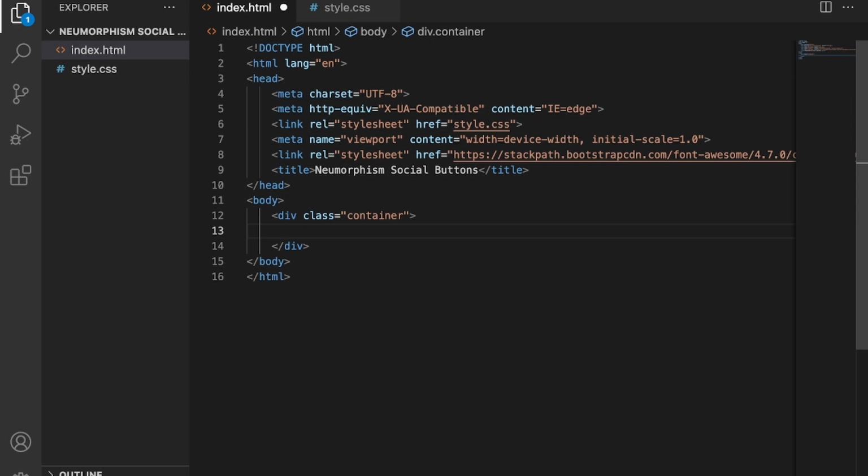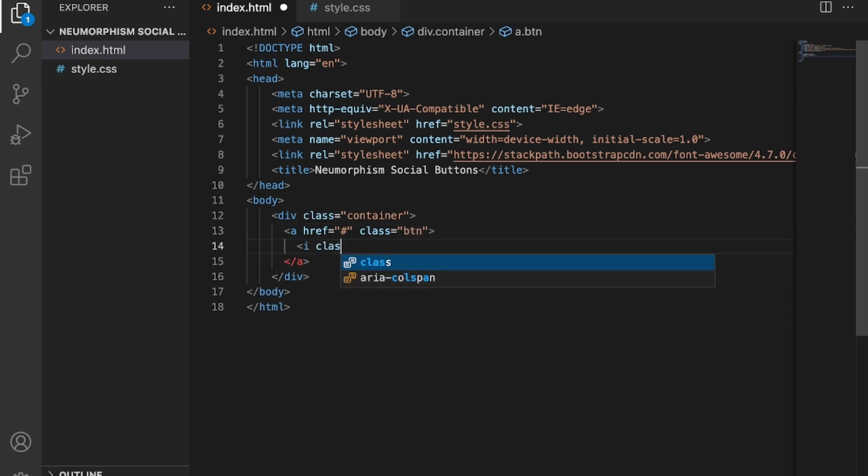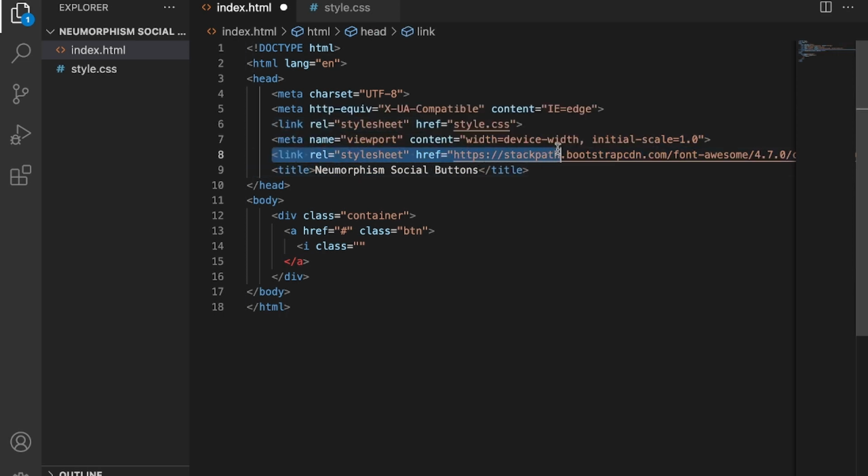Here I will import social media icons in the link tag. First of all I will create a link tag with an href, and I will also give it the class name button. Now I will import the social media icons. Before this line you have to import the link of social media icons from the Font Awesome website. I have already put this link here, and I will provide this link in the video description so you can easily use it.